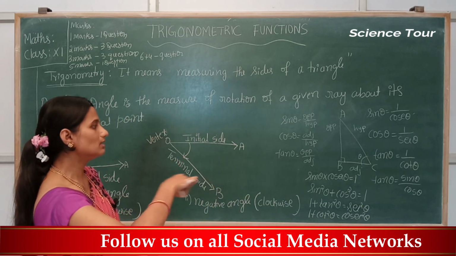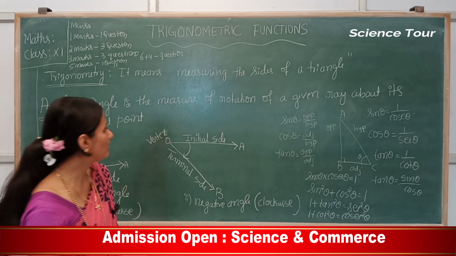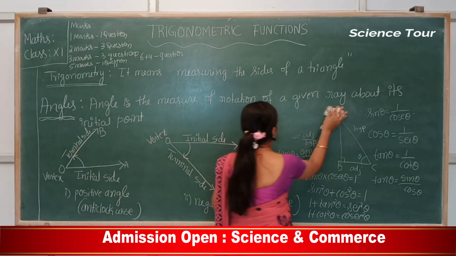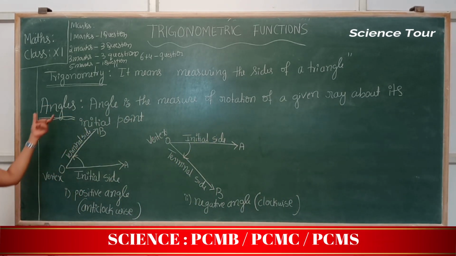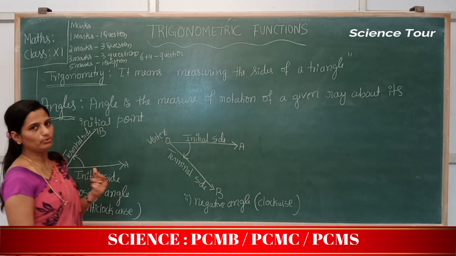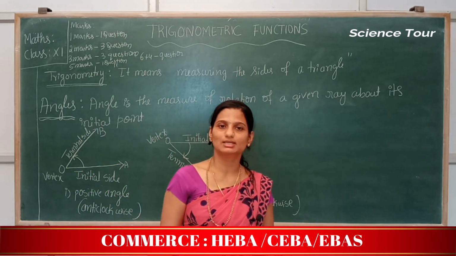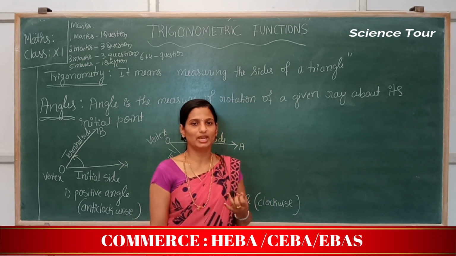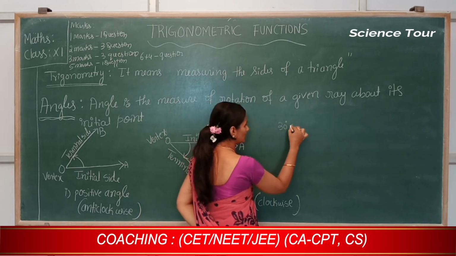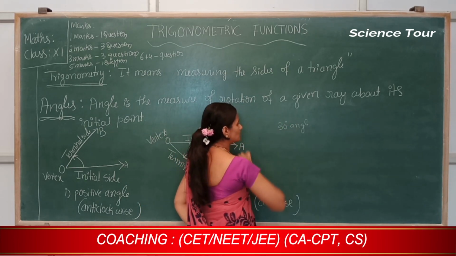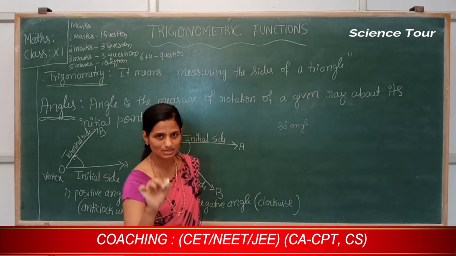So these are what you studied in your 10th class. Now we'll discuss here in first year, first we'll see angles. Already you know what an angle is. You have drawn a 30 degree angle, 60 degree angle, 180 degree angle, 90 degree angle. Next, what is the total angle of a circle? The total angle of a circle is 360 degrees.